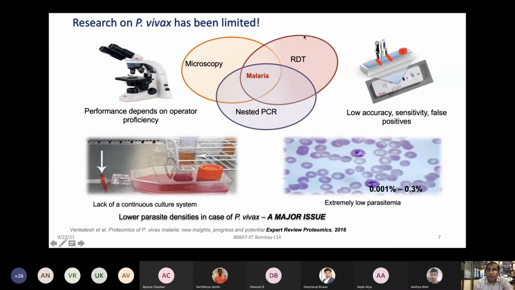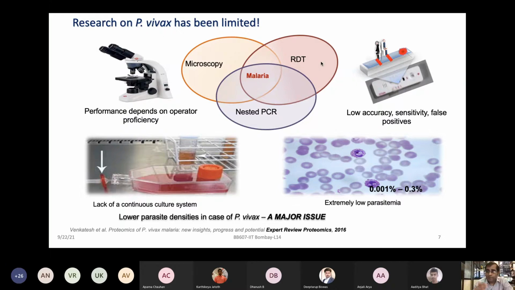But most of the time, what you are looking at is the rapid diagnostic test, because you don't have much time for polymerase chain reaction, which takes much longer for the diagnosis. Microscopy requires specialized, experienced eyes. RDTs are something where you look at a color change and want a very quick way of telling whether the person has falciparum malaria or vivax malaria. Most of the tests were essentially looking at certain enzymes of falciparum. If you don't have falciparum but you have malarial symptoms, maybe you have vivax. But you could not say exactly which other Plasmodium species you might be infected with.